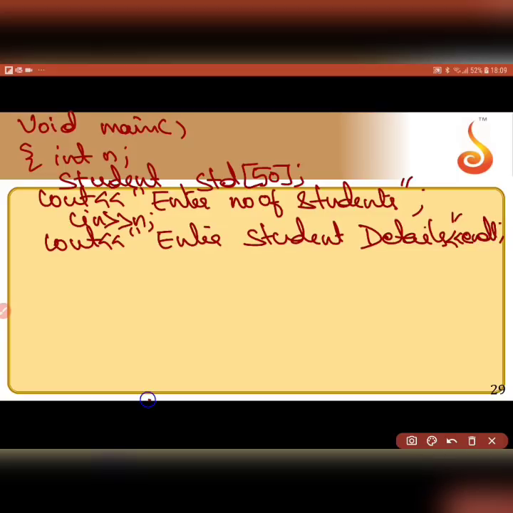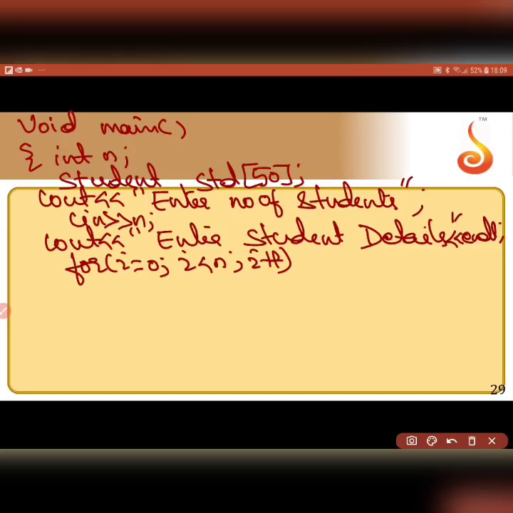Now I have to call it again and again n number of times. So I have to put it in an iterative loop. For i equal to 0, i less than n, i plus plus. Why am I writing an iterative loop here? Because I am taking values for more than one student. That is why it is n number of students I need to take in.